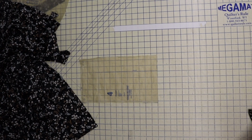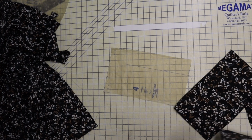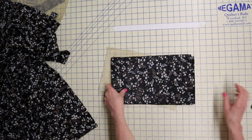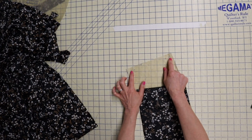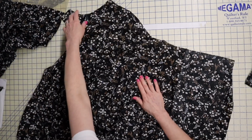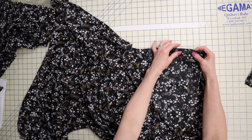And then I cut 4 of these, 2 pairs right sides together, so like this, and then 2 more. Now you do need to make these marks, the dots and the notch, and then we're just going to take that piece. This is the front of my garment and one of the sides,